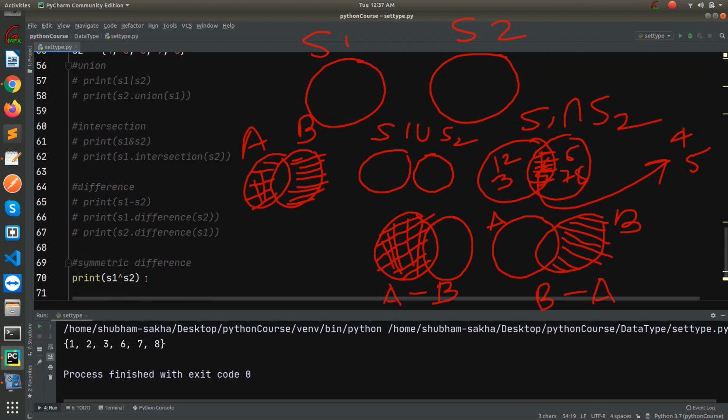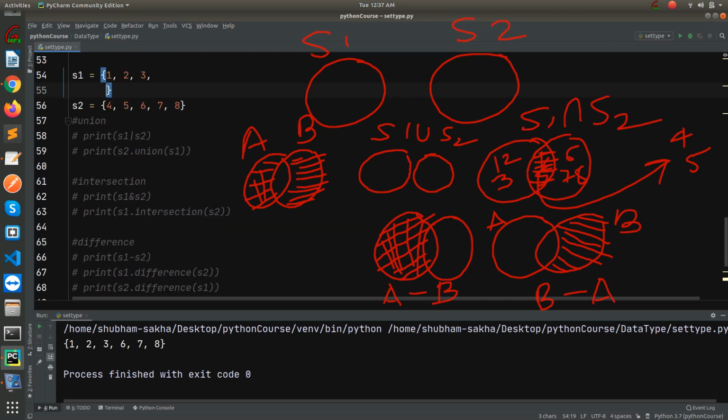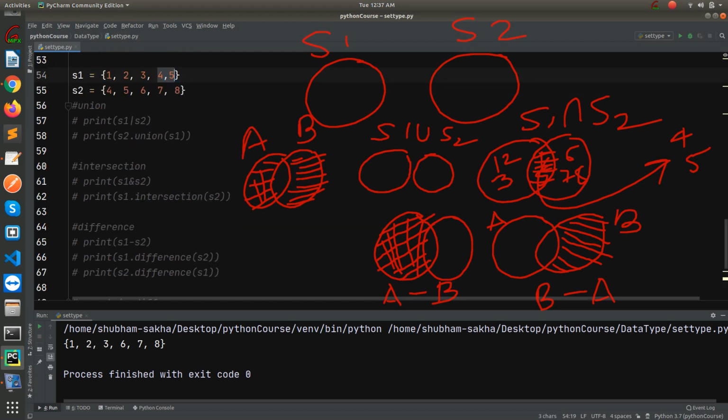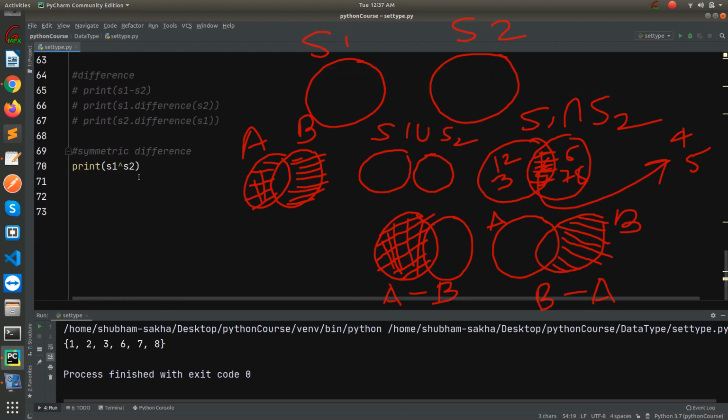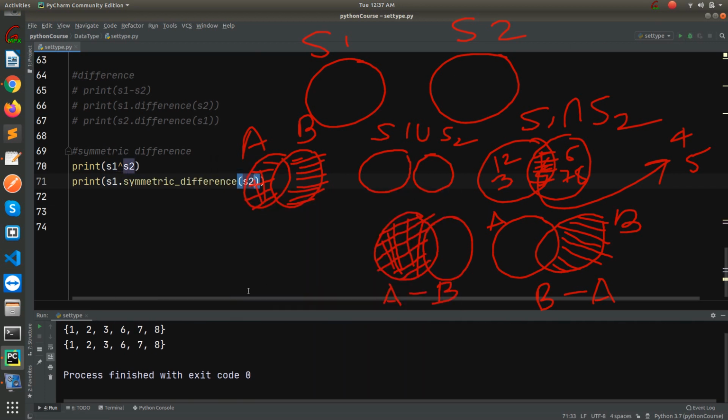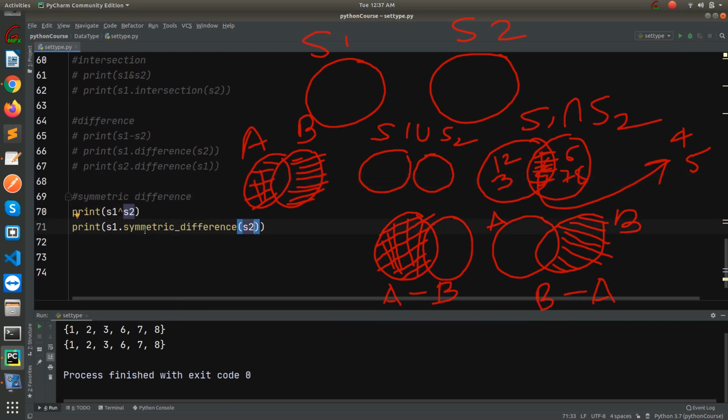So if we call print S1 caret S2, that part is not printed. Okay, the method for this is print S1 dot symmetric difference, and we'll pass S2. If we run it, we'll get the same result, 1 2 3 6 7 8. So we have covered the mathematical operations in Python on sets.